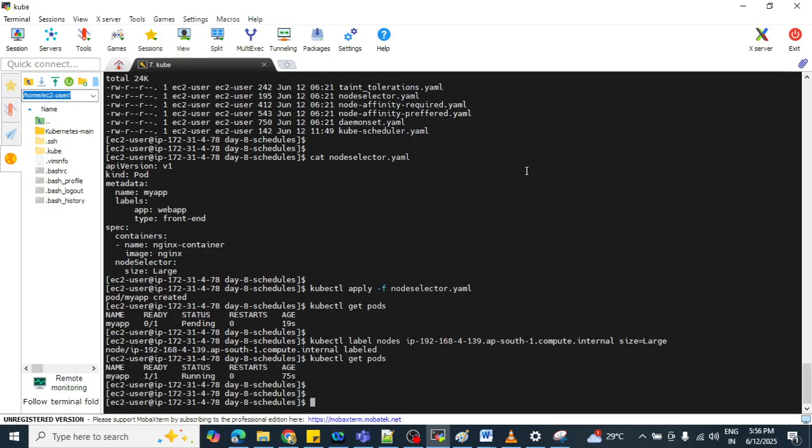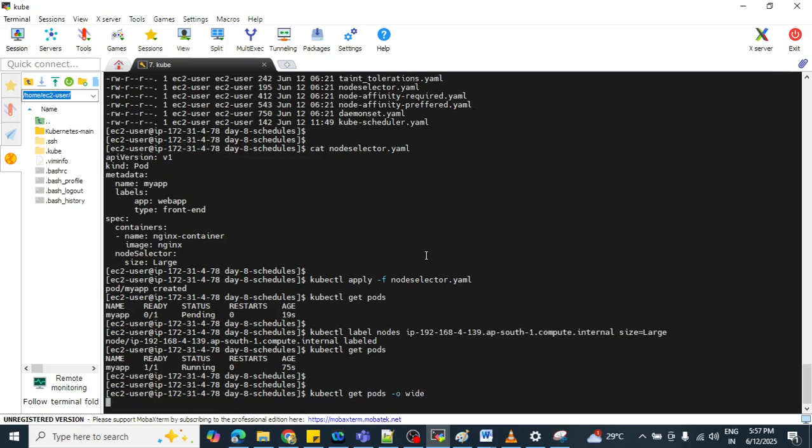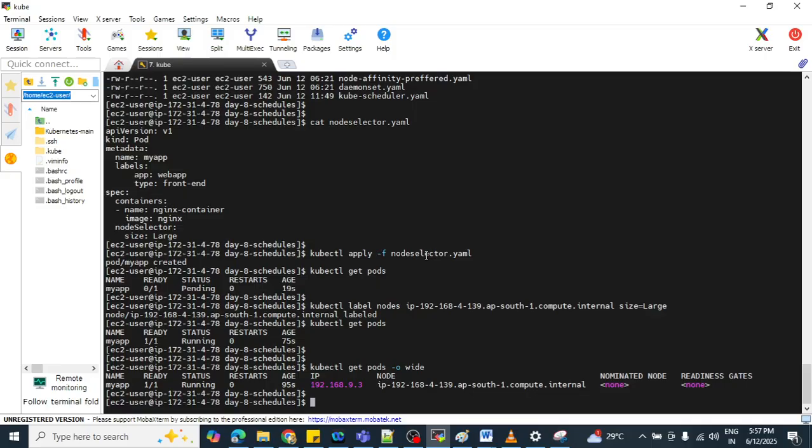Now you can see that this pod is going to run immediately on that particular node. How do you see it? Run the command kubectl get pods -o wide. You can see this particular pod is running on this particular node only. Got it?